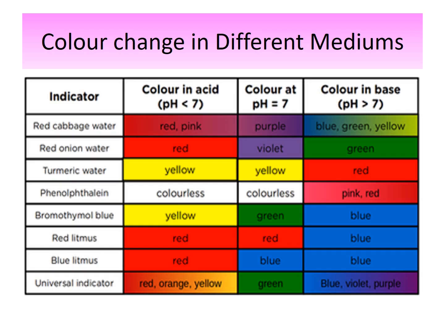Red litmus is red in the acidic medium and the neutral medium, but turns blue in the basic medium. Blue litmus, it is red in the acidic medium while blue in the basic medium and neutral medium. So we say blue litmus turns red while red litmus turns blue. And the universal indicator, which is formed by mixing all these indicators, you can see the variation in the colors from red, orange, yellow to dark purple as the medium changes from acidic to basic.